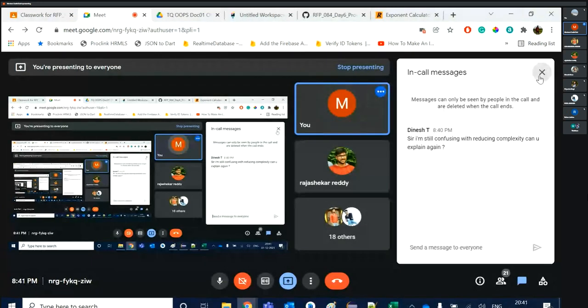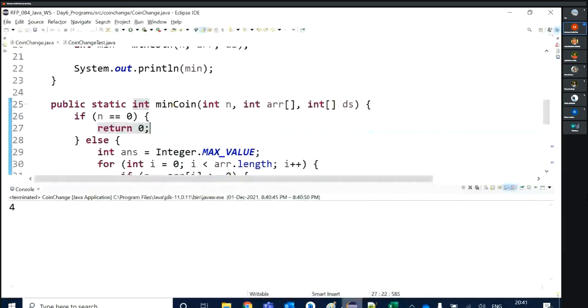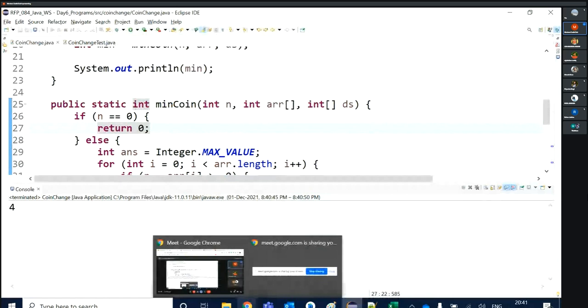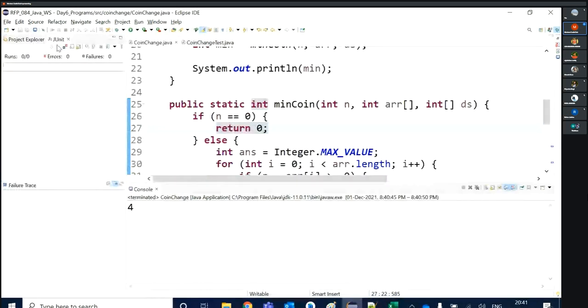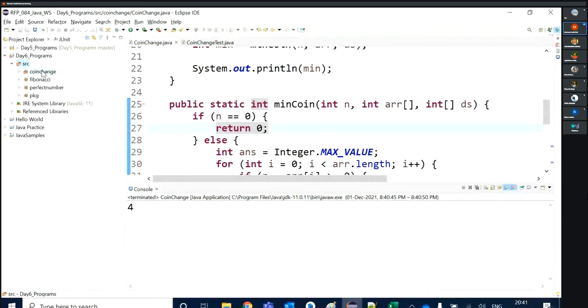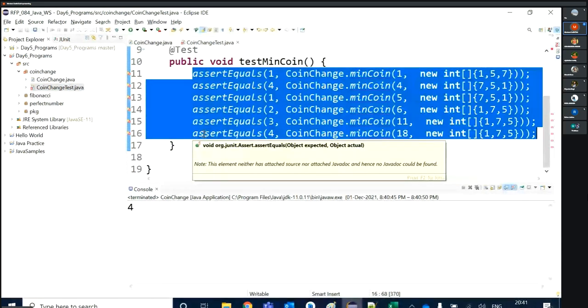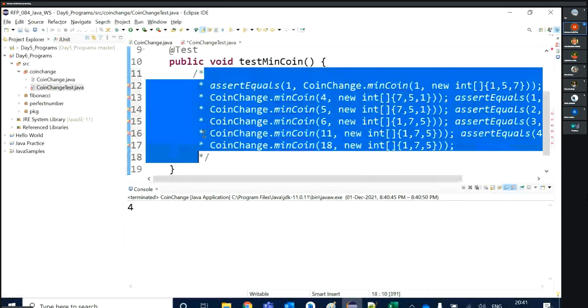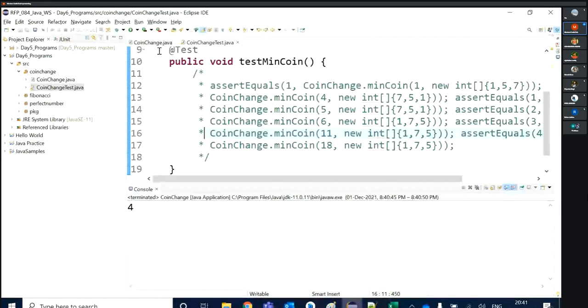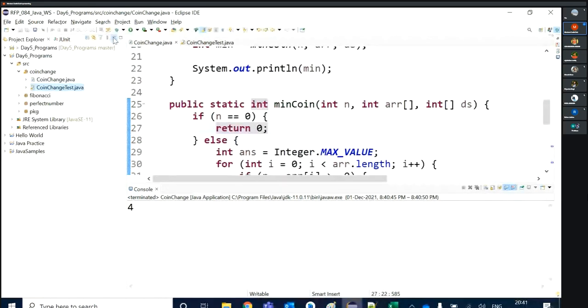We'll tell you again, don't worry. Okay, in the project, I think there is an error. Project Explorer, day 6. Okay, this many lines have the error. Why? Because we have changed the syntax of our method, no? That's why. Okay, let's keep it as it is.